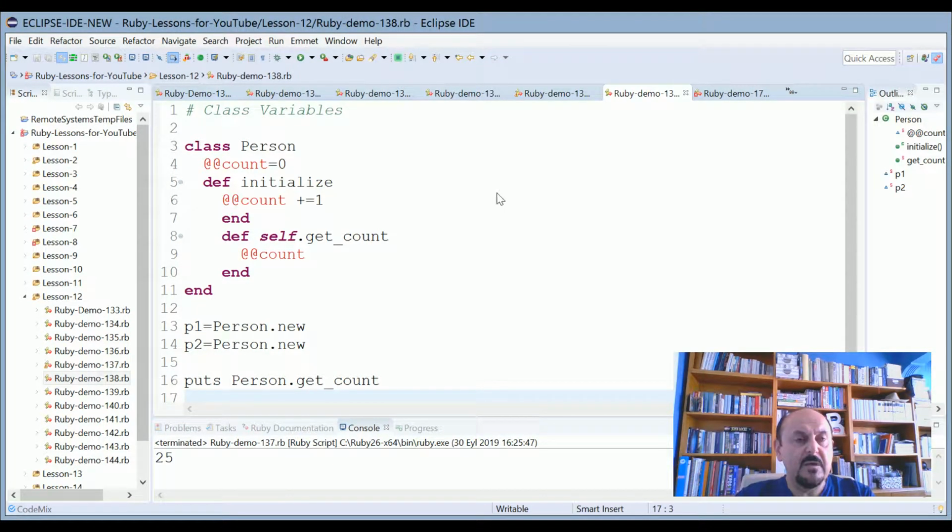at signs. Here my class variable count is initialized, and here I define another initialize method. Within this method, my class variable is incremented by 2. This is the short form, as you remember, and this is the end block. Here I create another method, get_count, and this class variable will exist to be got